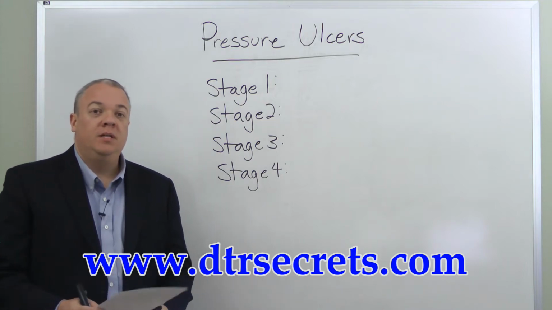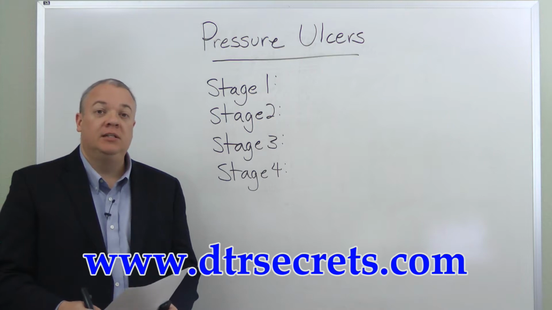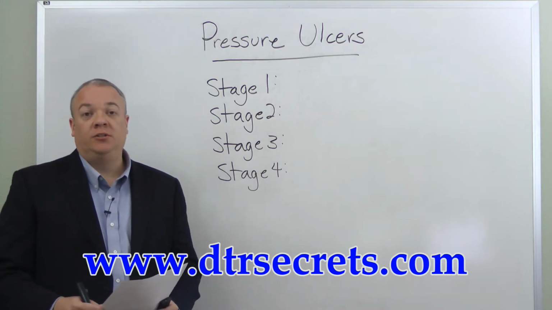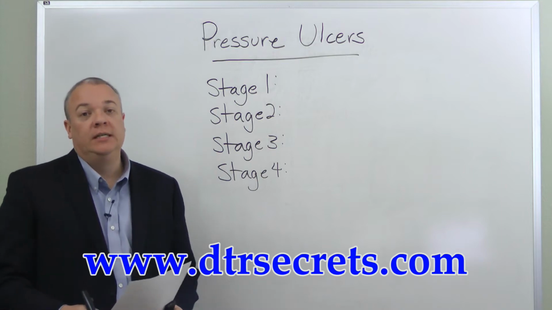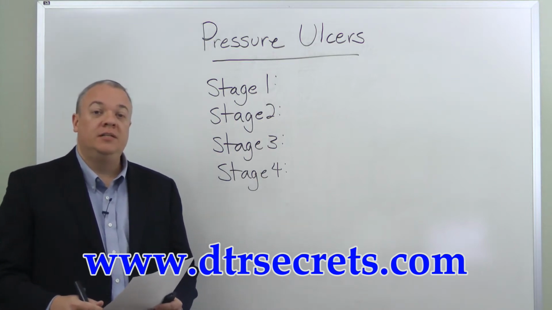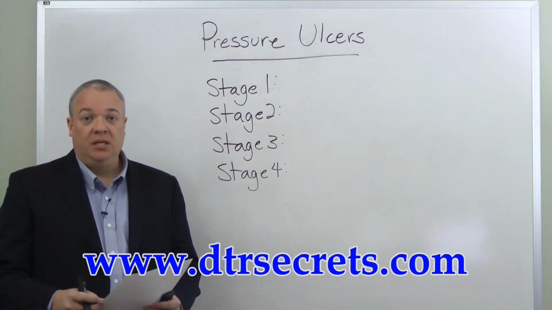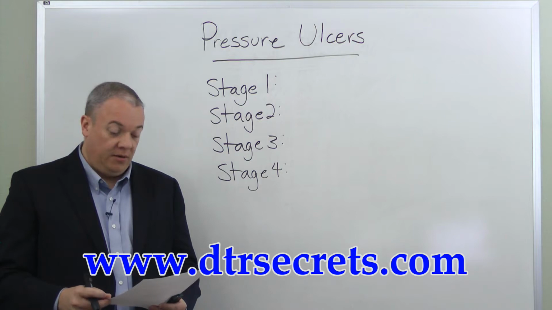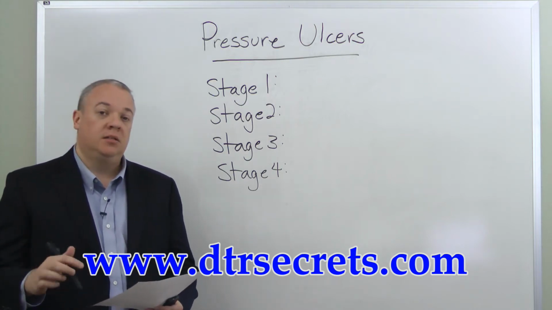Pressure ulcers come in 4 different stages, and it's important to be able to distinguish and differentiate the various stages of a pressure ulcer. We ought to begin by, though, first defining what a pressure ulcer is. A pressure ulcer is a lesion that occurs in an area where there is constant and persistent, unrelieved pressure. This pressure usually comes about to the tissue over bony prominences such as the sacrum, the coccyx, or the heels,